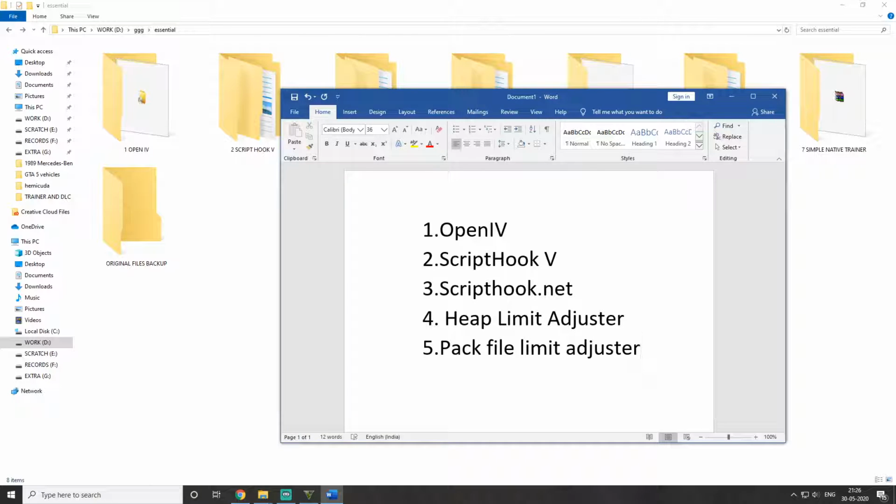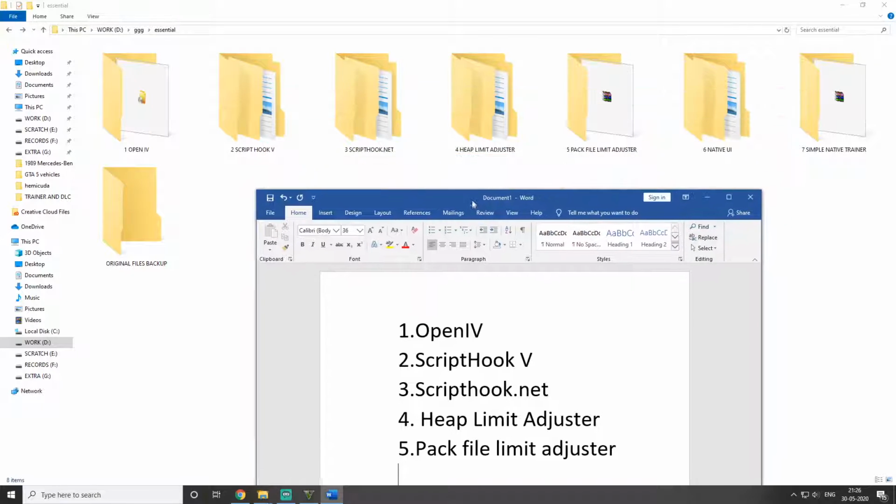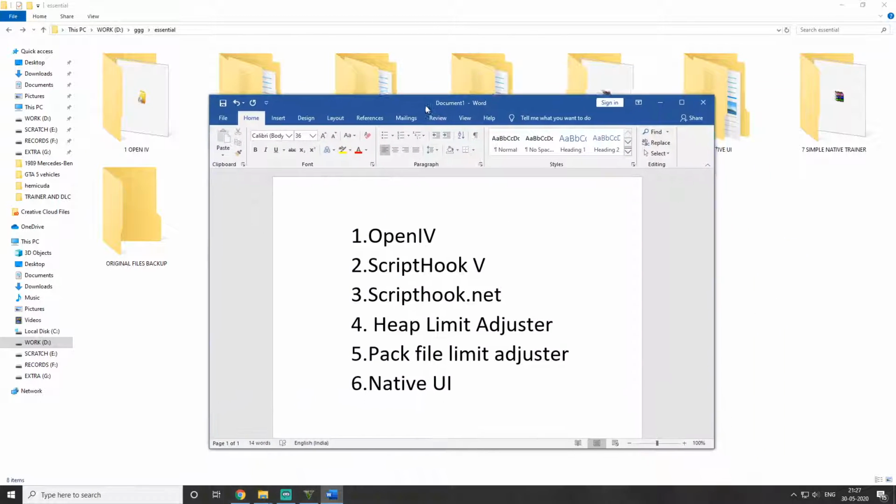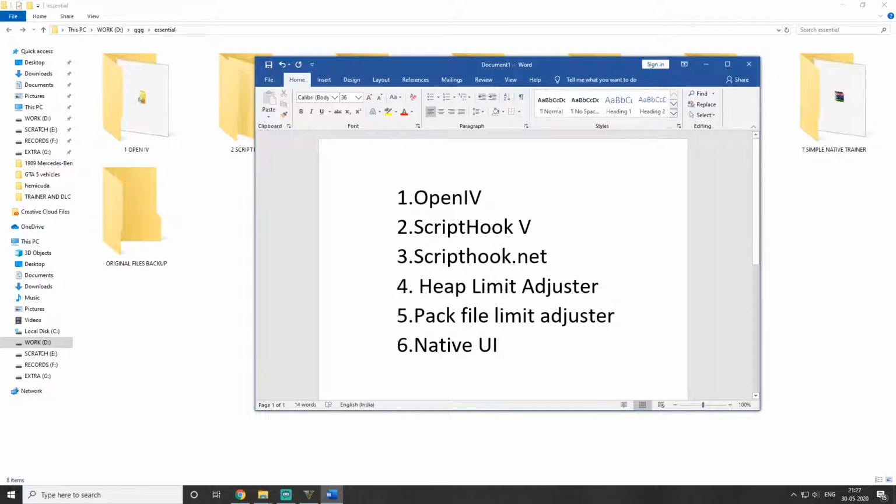Just create these folders inside another folder. You want to name it whatever. Sixth folder, name it Native UI. You're doing all this while those things are being copied into the mods folder inside your main GTA folder. And then seventh is